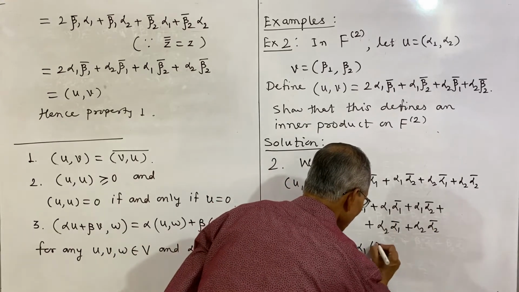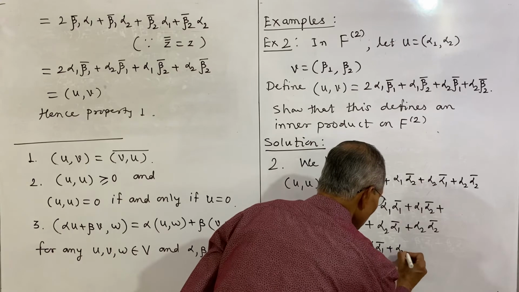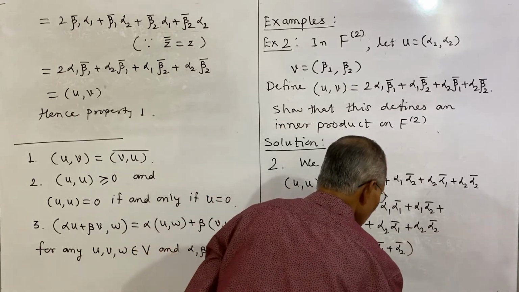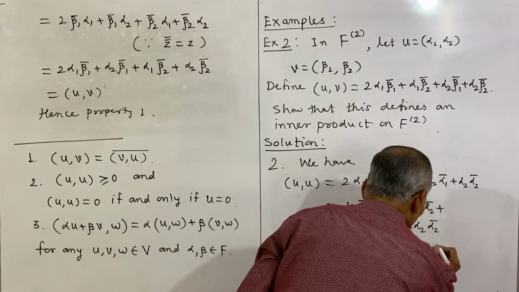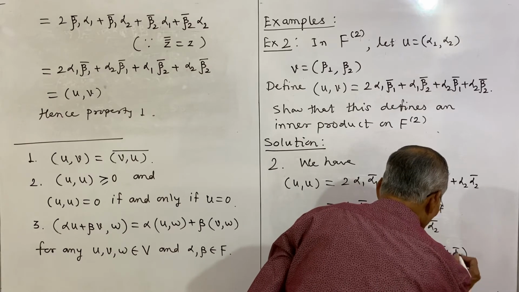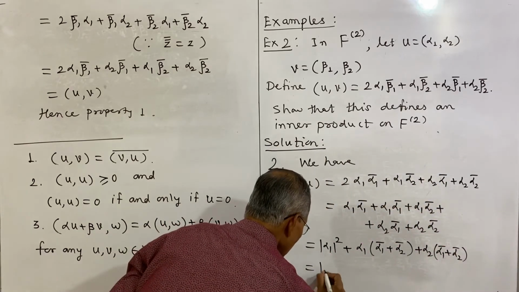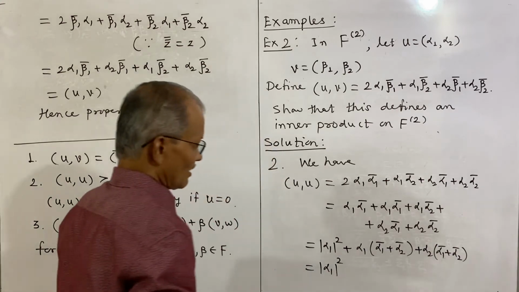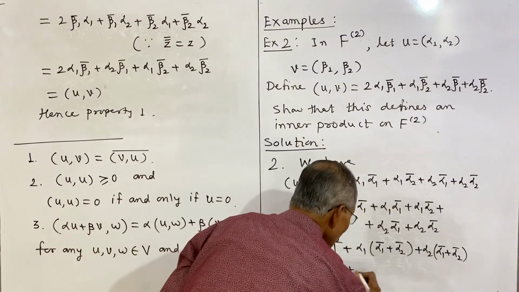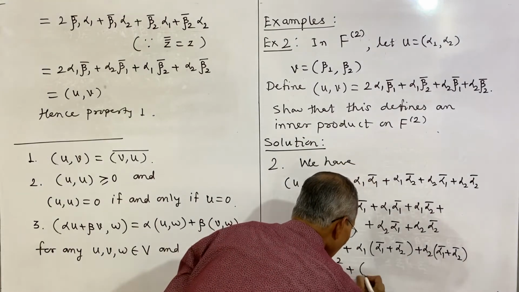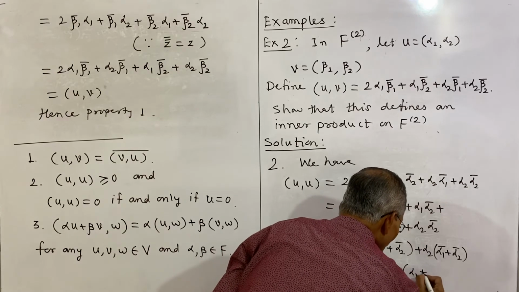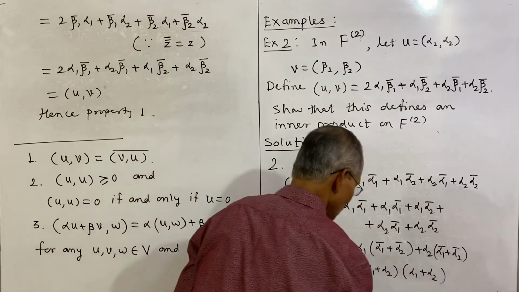So what remains in bracket is conjugate alpha 1 plus conjugate alpha 2, and from the last two terms we take alpha 2 common, and that will be alpha 2 common in bracket conjugate alpha 1 conjugate alpha 2, or this is again mod alpha 1 square plus, and here we shall take this common, then in bracket it remains alpha 1 plus alpha 2 and another bracket alpha 1 plus alpha 2 conjugate of this,